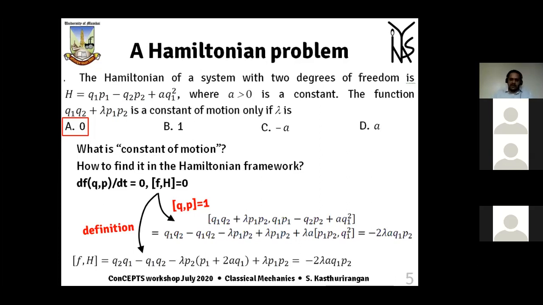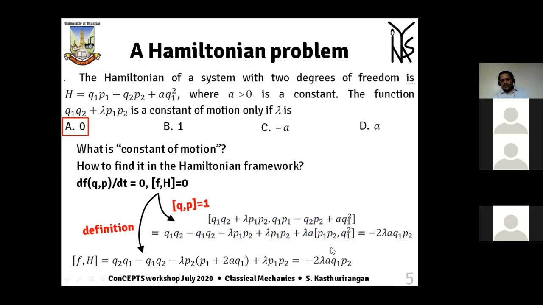definition of Poisson bracket, which is df by dq into dh by dp minus df by dp into dh by dq, where it is understood that you are summing over all qi's and pi's, and that leads you to this particular result, which is shown in the lower part. On the other hand, if you take the Poisson bracket directly and try to expand it in terms of Qi using the sum and product rules for Poisson brackets, then you end up with this particular approach. Ultimately, they both end up at the same point.